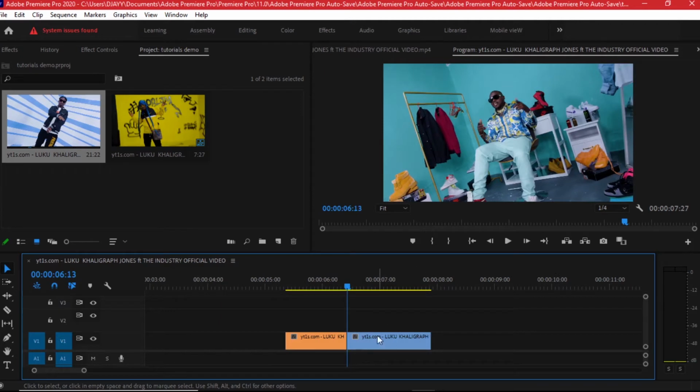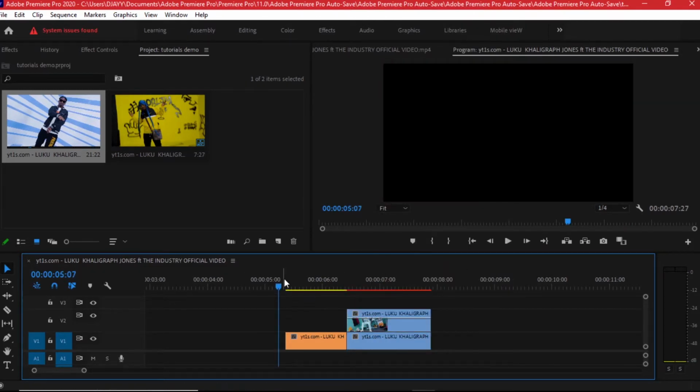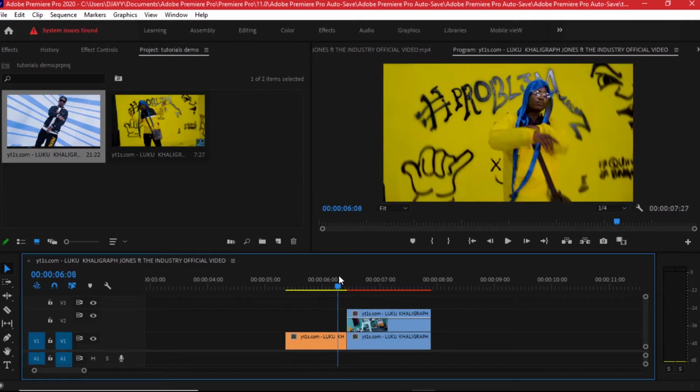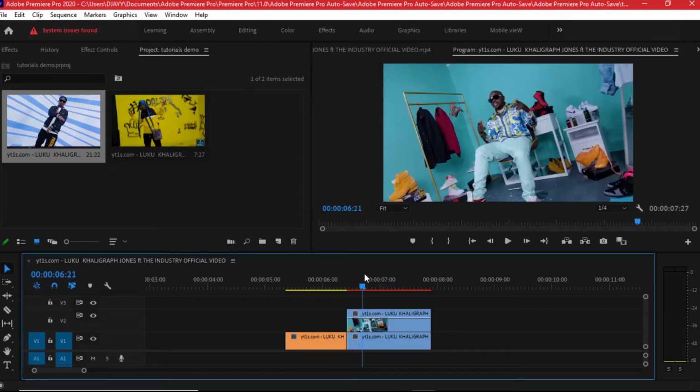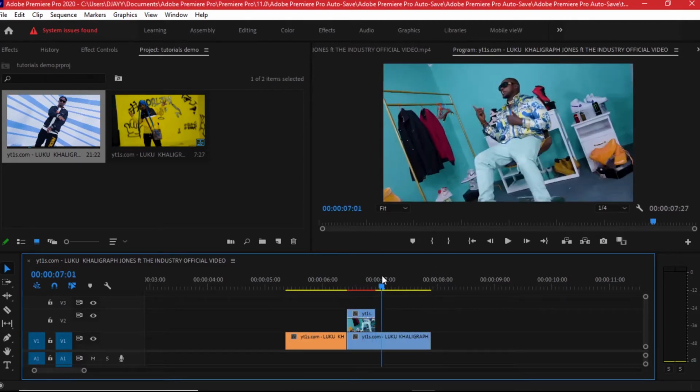Right where this second clip begins, hold Alt and drag this clip to make a duplicate. Right click on this clip and add a frame hold. What that does is, right after this video ends, it goes to a frame hold which doesn't change. If we tried cutting this video, it would go from this and then it would continue the normal video